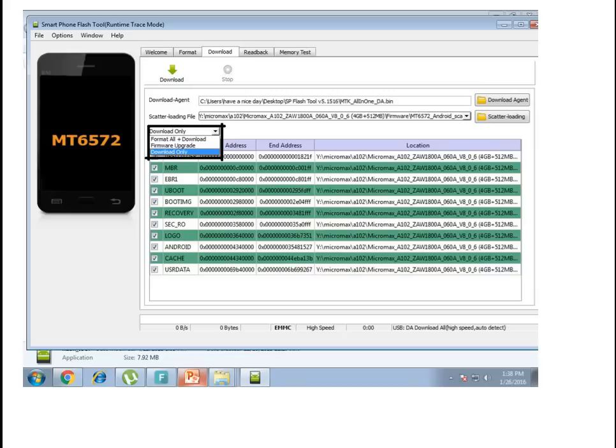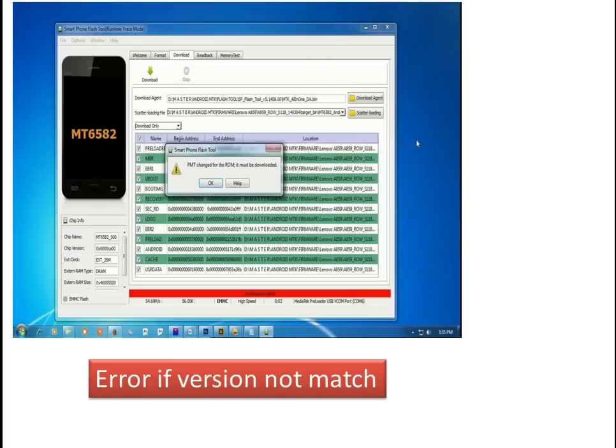If the files match the phone, then it will flash. Otherwise it will give errors like PMT must be downloaded, or chip not match, and many others. So use the download button. This is the most important keyword of my tutorial. Use the download button in SP Flash Tool.